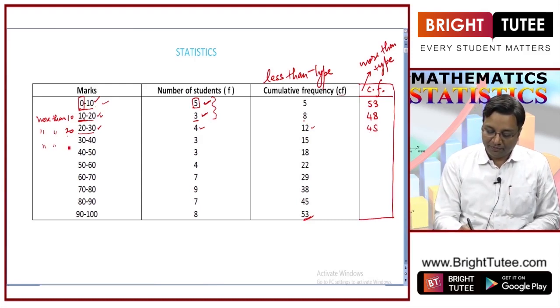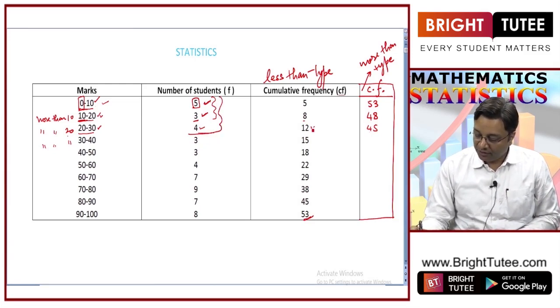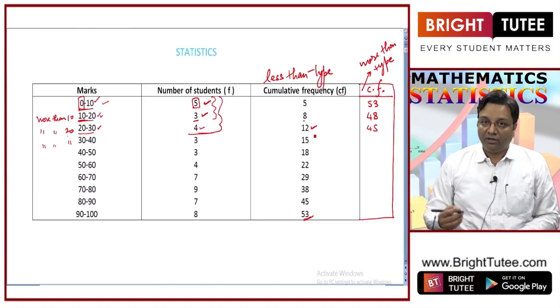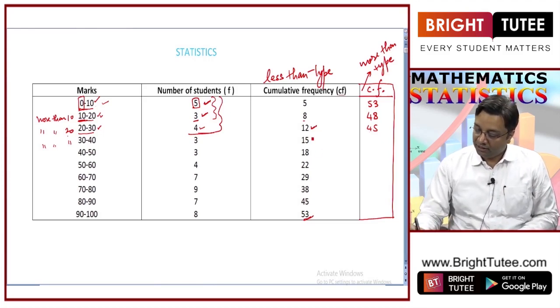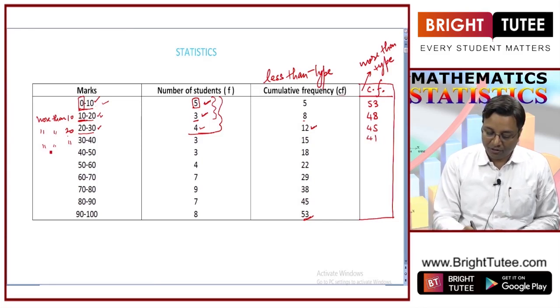Now, more than 30, apart from these, that is how many? 12 students, rest all have got more than 30. So, 53 minus 12, that is 41 have got more than 30 marks, more than 40,